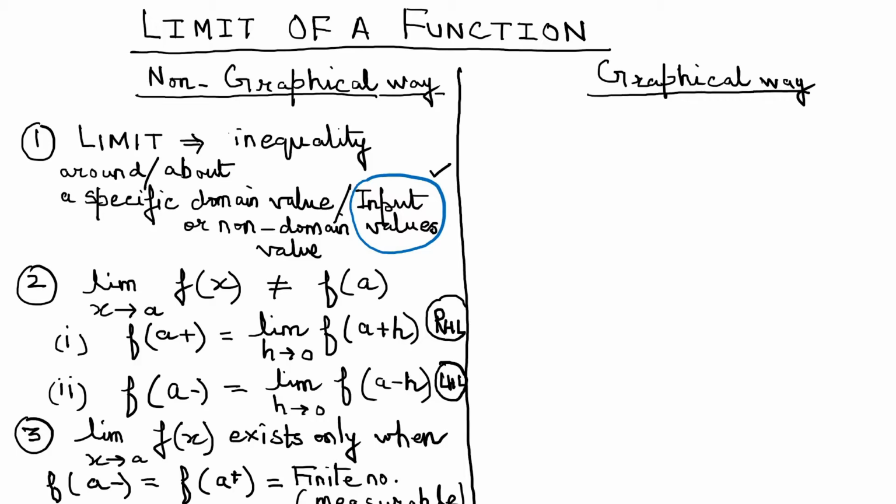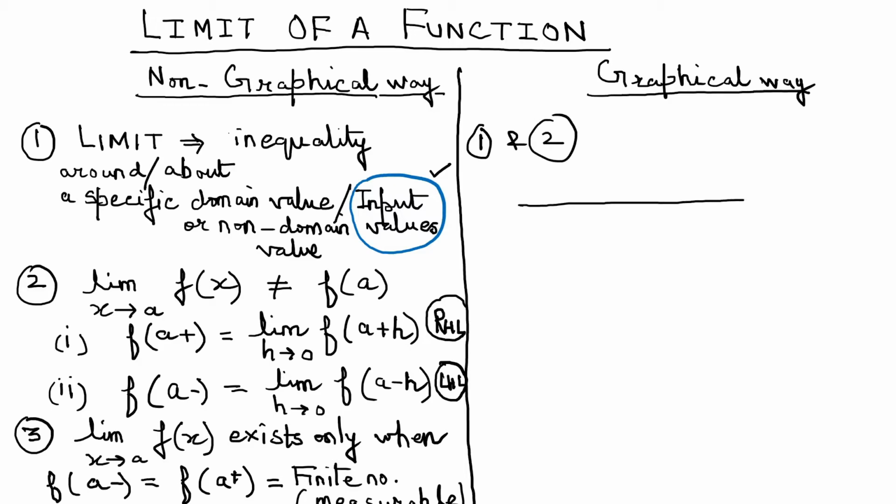So the limit of a function exists only when the left hand limit is equal to the right hand limit and is a finite number, which means it is measurable. Now let us understand all this with the help of a graph. So the first and the second point, if I have to understand this with the help of graphs,